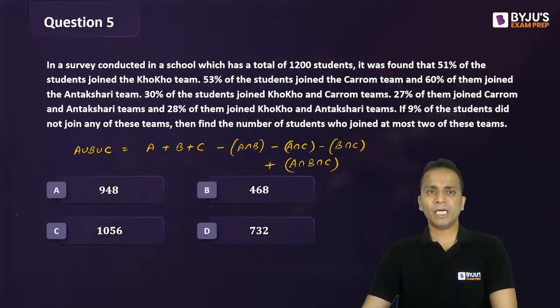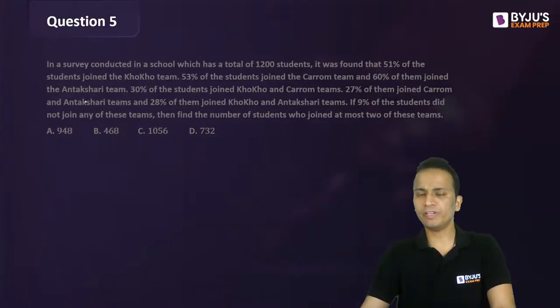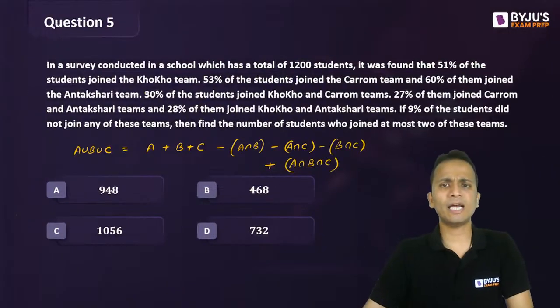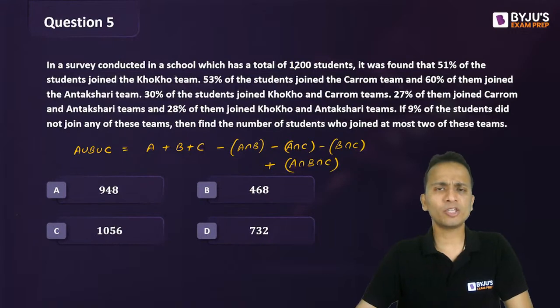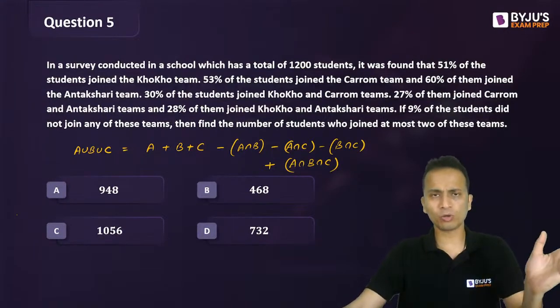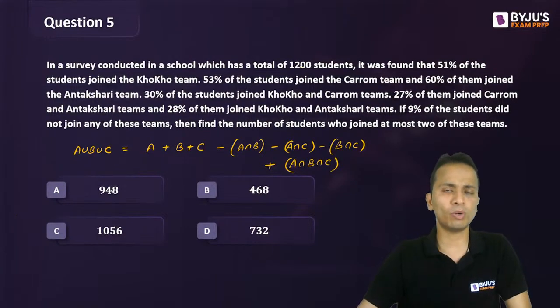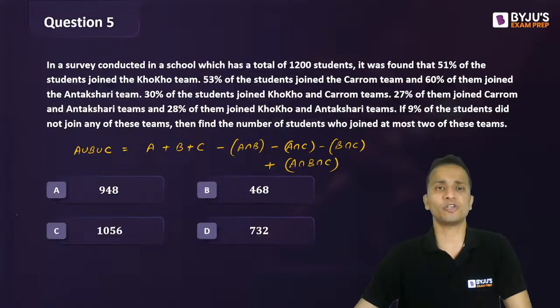Okay, now first of all let us apply this formula. ठीक है. Now to apply the formula, I'll go back to this and we must see what all things are given. Total 1200 students. Right now I'll forget about this. I'll ignore this, and all of you come here and listen to whatever I'm saying. Otherwise you'll not be able to understand. This is slightly twisted question. Okay. So total students, I'm not looking at this right now.